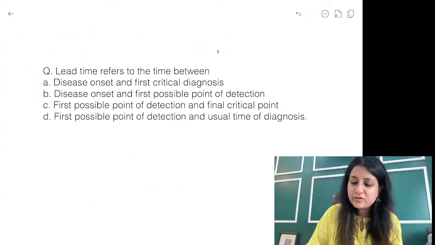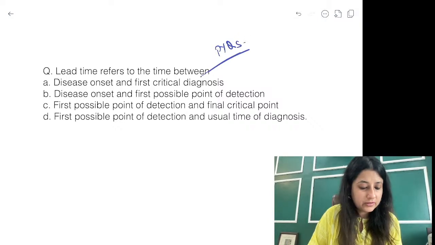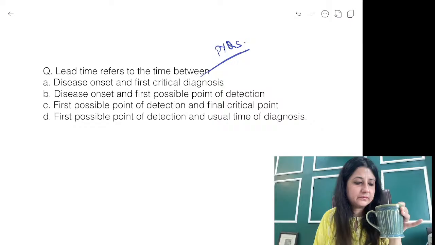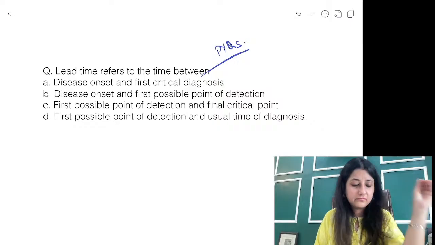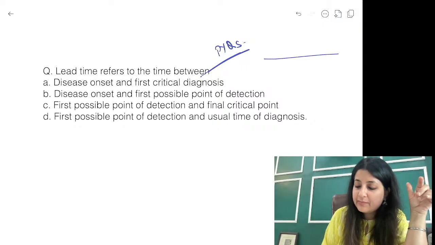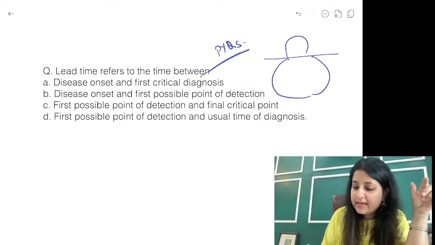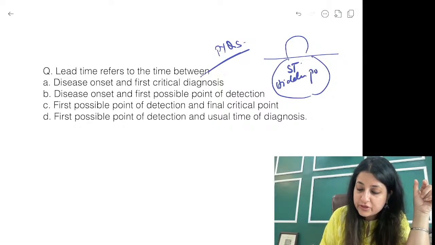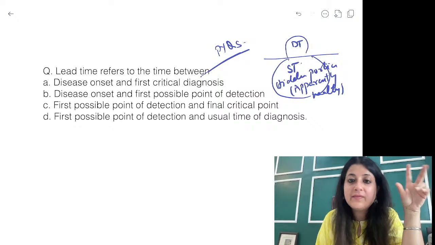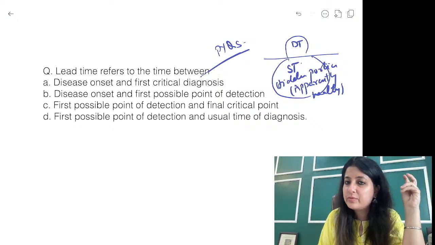Chalo, this is a baby question. It is a PYQ from all the exams. Yes, you apply screening test on the hidden portion. I taught yesterday, the iceberg: screening test is applied on this hidden portion. The hidden portion is made up of apparently healthy people, those who appear to be healthy, and diagnostic test is applied on the tip when the people are symptomatic. So we have discussed iceberg yesterday.